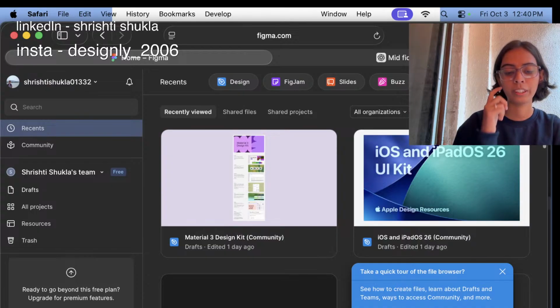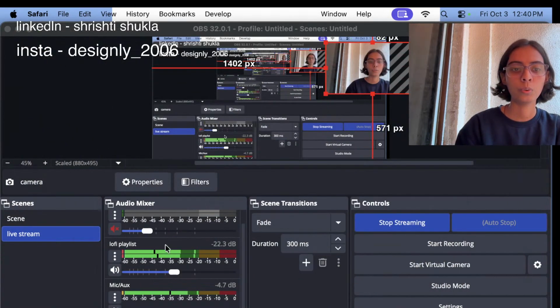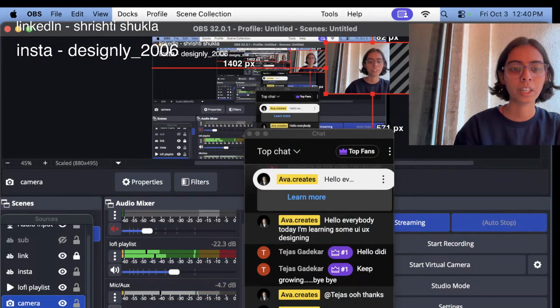What is fidelity? There are two types. First is the high, low, and just